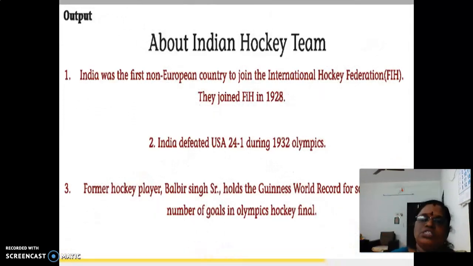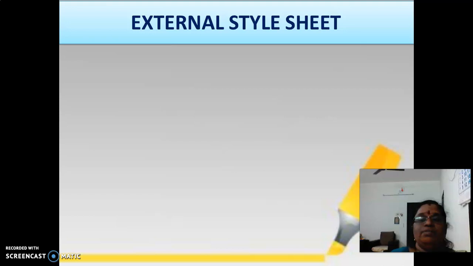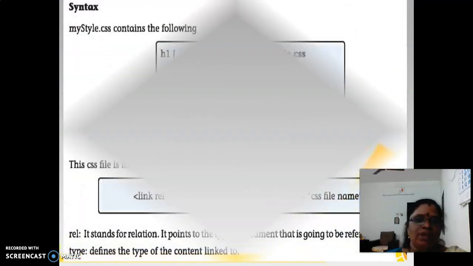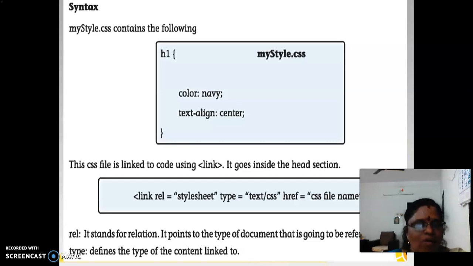Next is the external style sheet. This is just a recall of what we learned last week. In the external style sheet, all the style elements are written in a separate file saved as .css, and that link is used in the program. The link is given as link rel stylesheet, type text/css and href with the full file name.